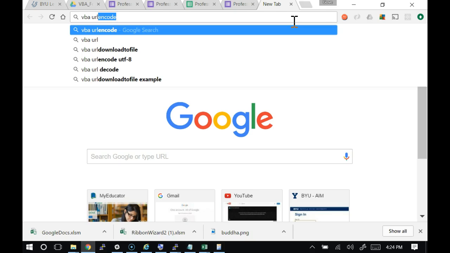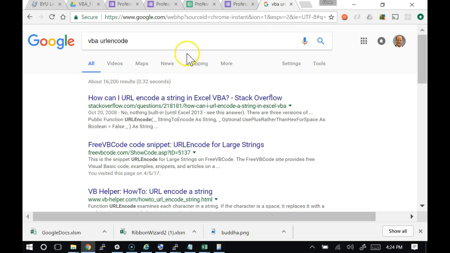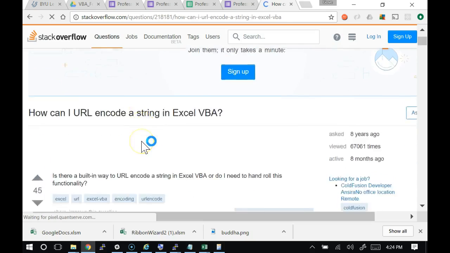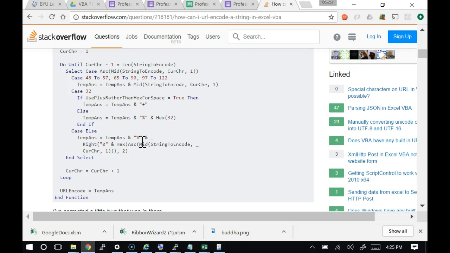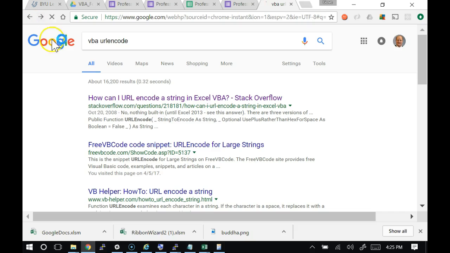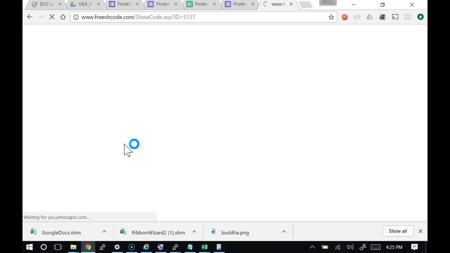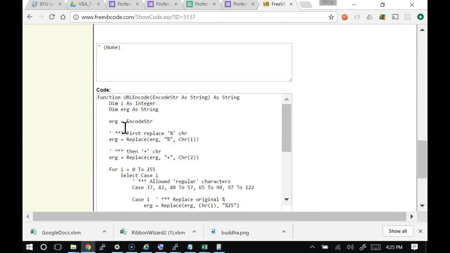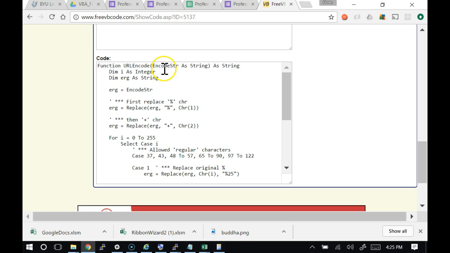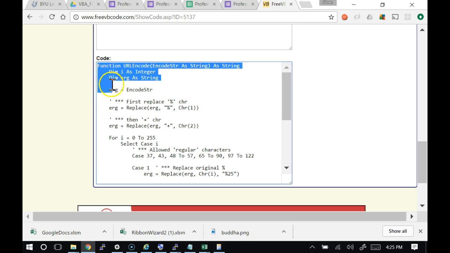A lot of people have asked this question. I'm going to take a peek at the first one real quick. I used the second one in the last class. It worked just fine, and the first is probably okay too, but this other one's a little simpler. So I'm going to come to the second one, free VB code. And here's a nice little function that will encode a URL string. It's called URLEncode. I'm just going to copy this function